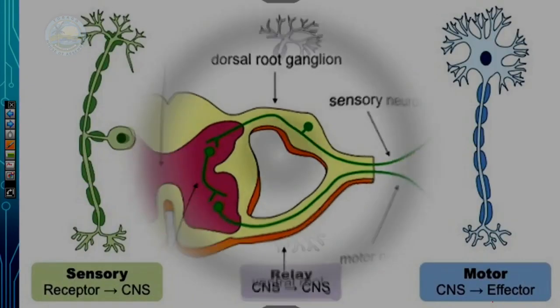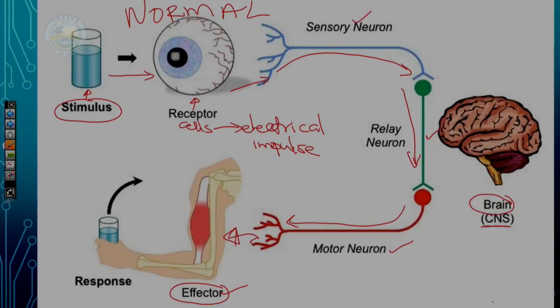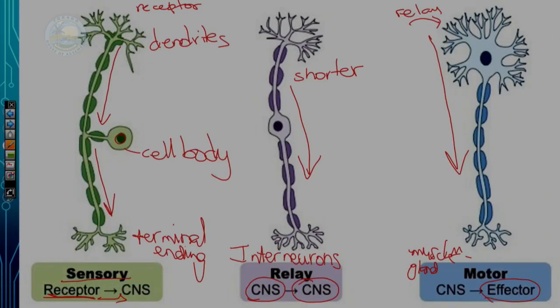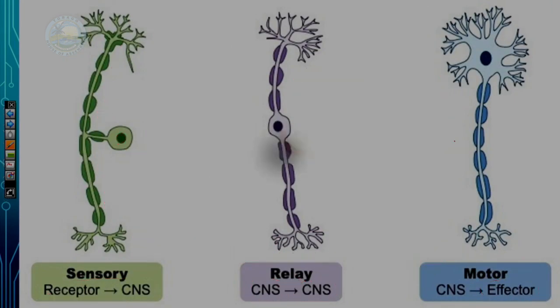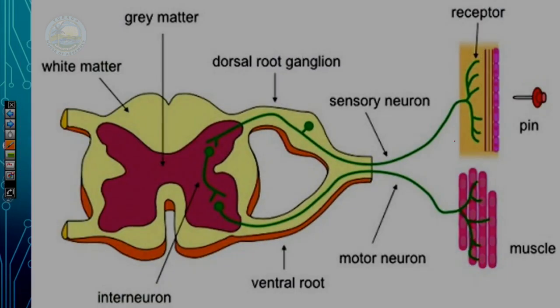However, before we talked about the normal response to a stimulus, but there are cases where you would not want the delay that happens when information has to go to your brain for processing first. So let us say you step on a nail. It is not normal for the information to go to your brain first to tell you to lift your foot off the nail. So this is what we call a reflex